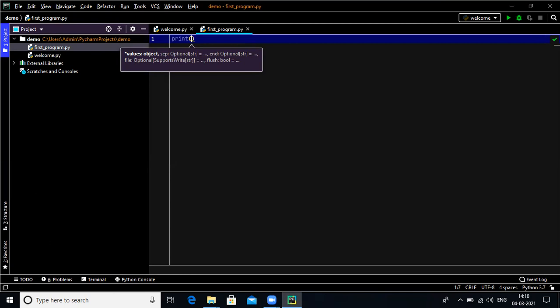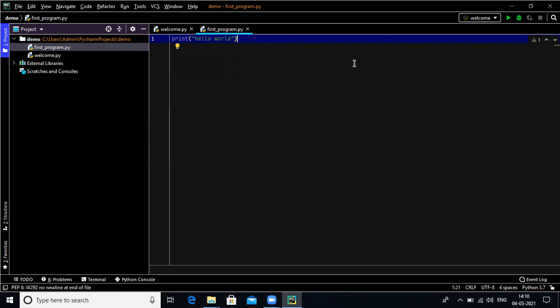After that, give a double quote. That double quote is also completed by PyCharm. And I'm typing a message, that is hello world. No semicolon over here. This is the program. This is a simple statement, no extra line over here.